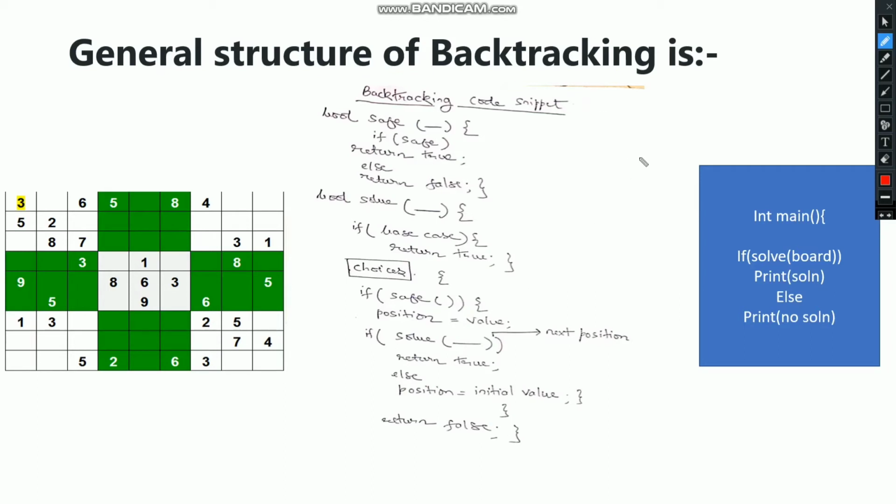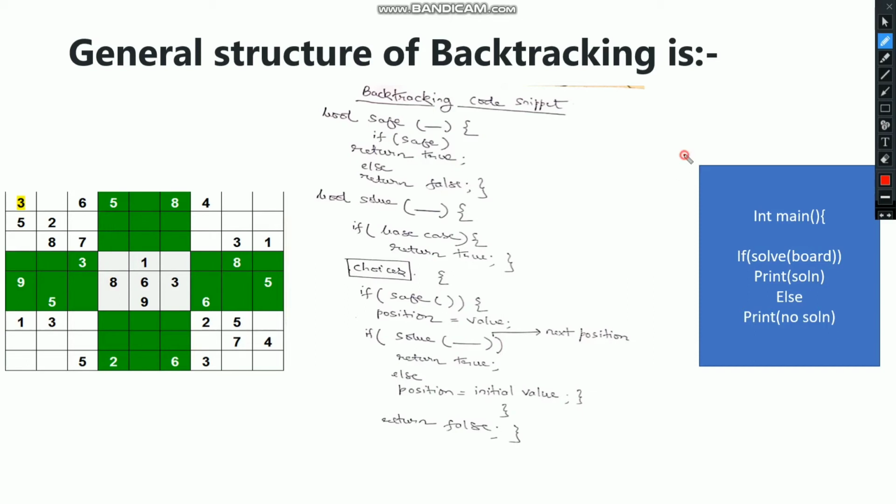This code snippet will help to make your code clear, easy to understand, and easy to know the flow of recursive functions and all. Okay, so let's start. In most backtracking problems, there are choices and constraints which we need to include in our program. Including those in an organized manner is good.